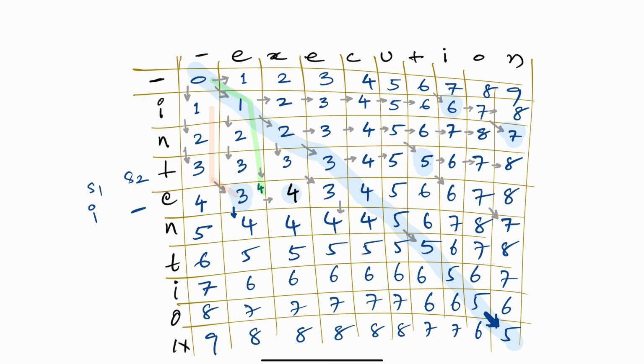The next step is very important. Now we are considering I and E. That means this solution we require. So what is this solution? This solution is the best solution out of these three values. What are these three values? One is this is remove, this is insert, this is replace. In case this is not matching,